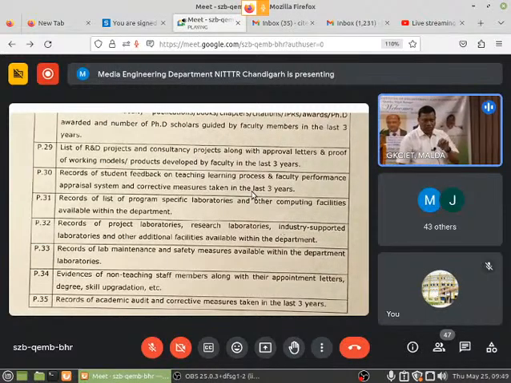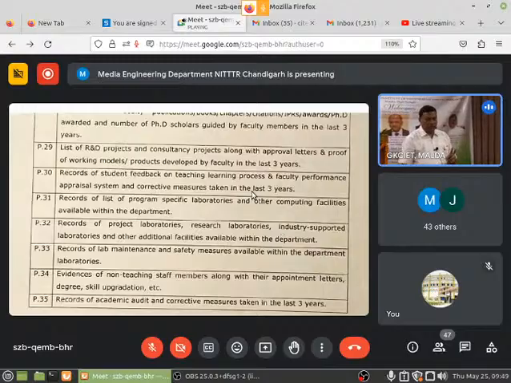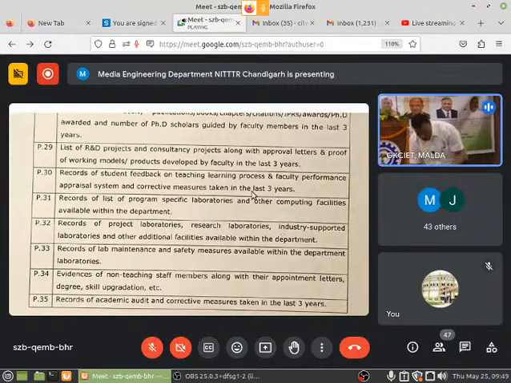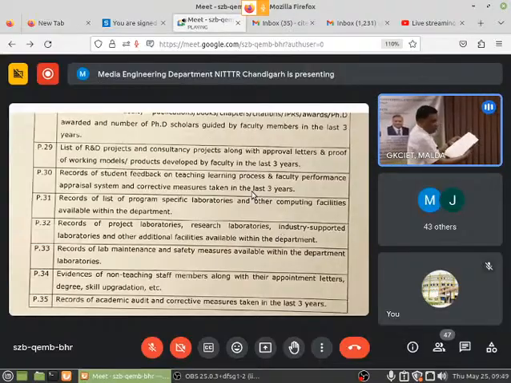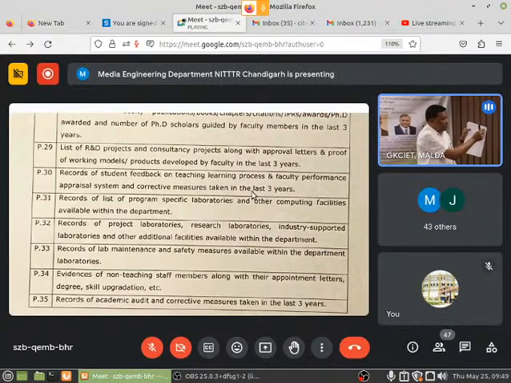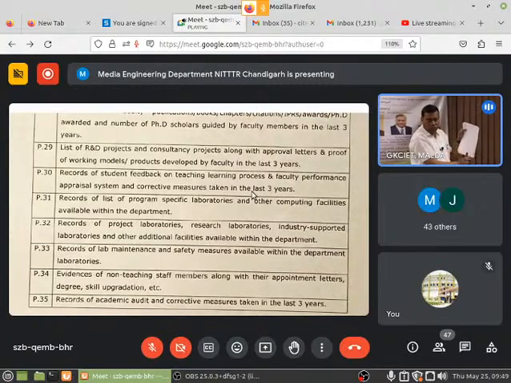Record keeping should be in an ISO style. There should be an indexing page. Suppose this is the file I open, then I must have the indexing page. In laboratory records, you ask students to fill up the index: serial number, title, and the page number. So that is the way it should go.